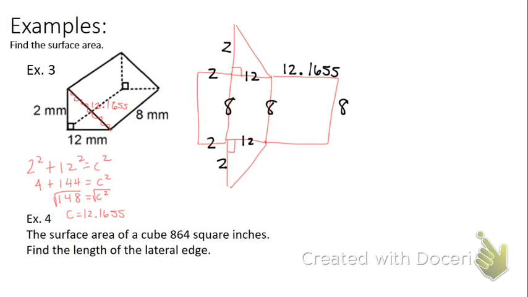Okay? So we have a triangle, which is 1/2 base times height, and a rectangle. And we have a rectangle, which is just base times height. So what is our base and our height in the triangle? 12 and 2. So we do 1/2 of 2 times 12, which is 12. And that is what our other triangle is, too. And then we just do base times height. So we have 2 times 8, which is, and we have 12 times 8, which is,